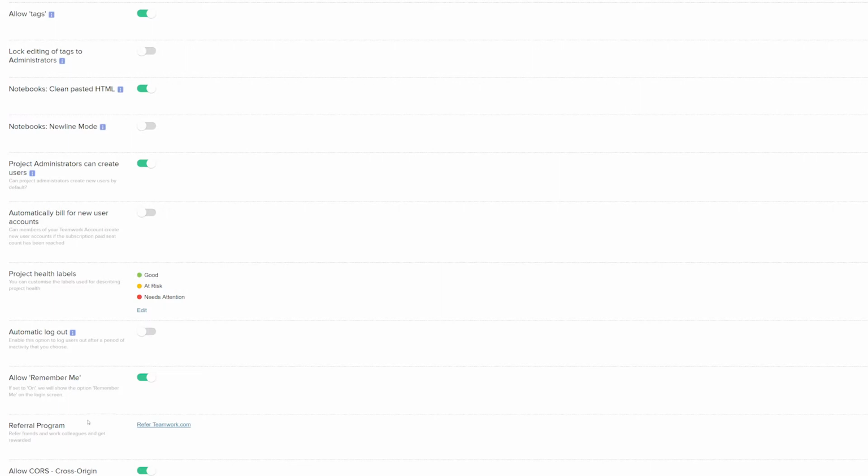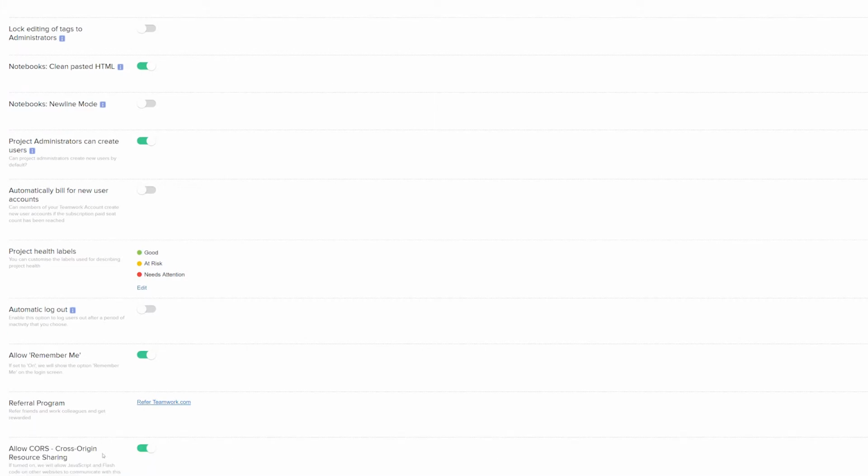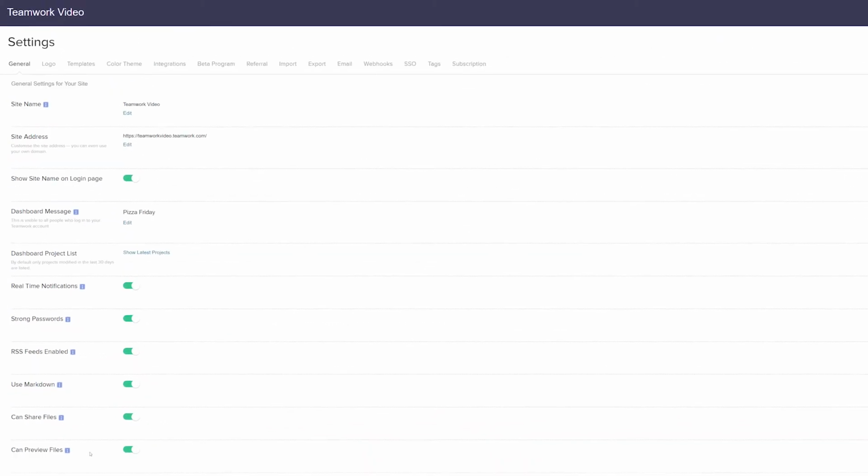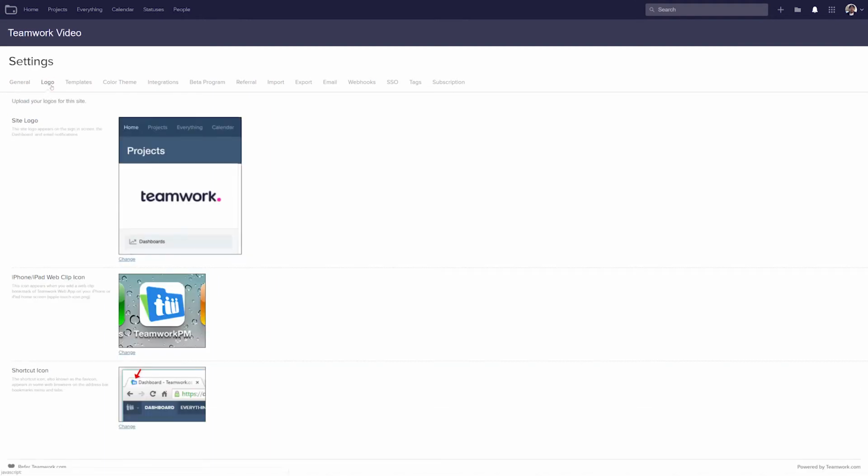If we want to refer Teamwork Projects to a friend, we can easily use the link here to go to our referral program. We can also toggle on or off whether or not we want cross-origin resource sharing. And if this is turned on, then we'll be allowing JavaScript and Flash code from other websites to work in Teamwork Projects. And then down here, we can choose whether or not we want to allow Teamwork Projects branding. So if we scroll back up to the top here,